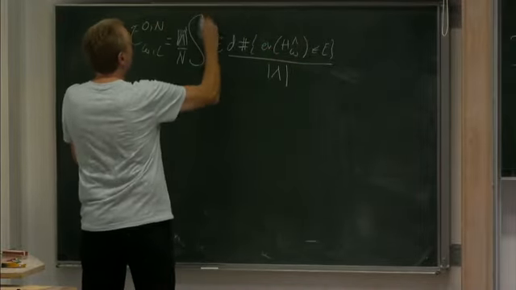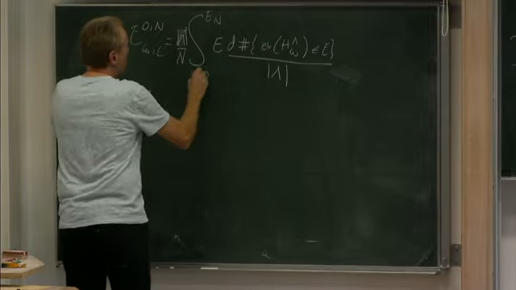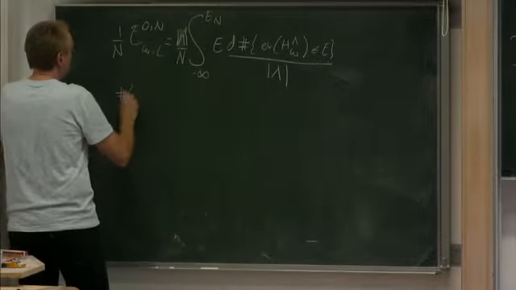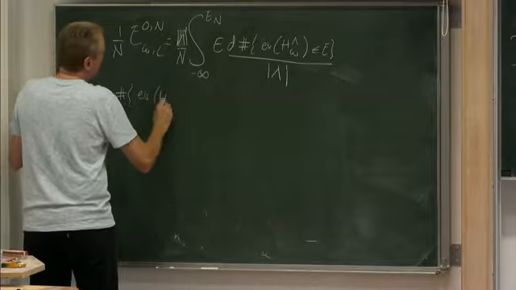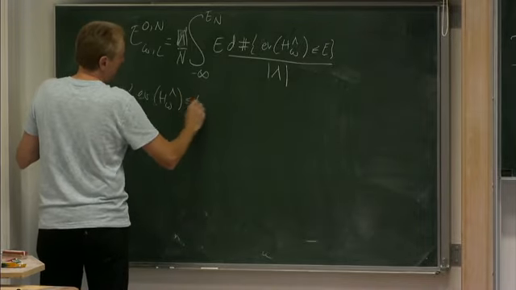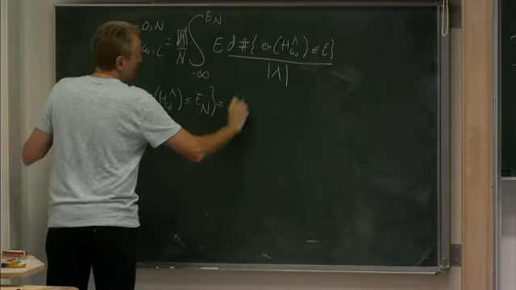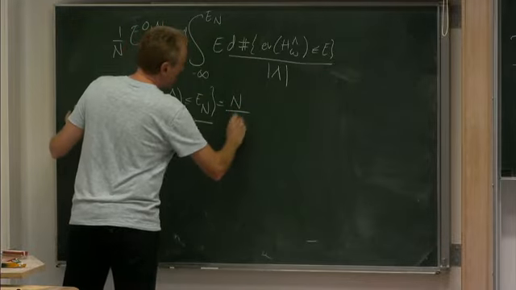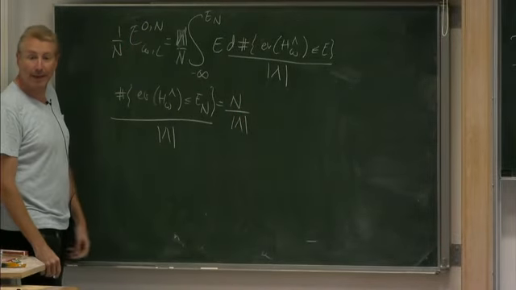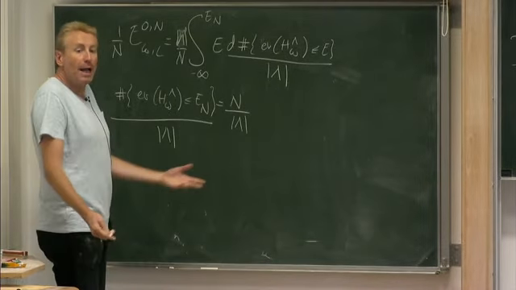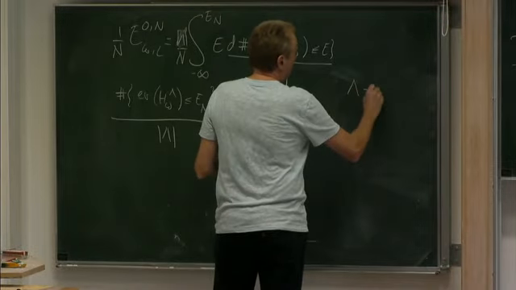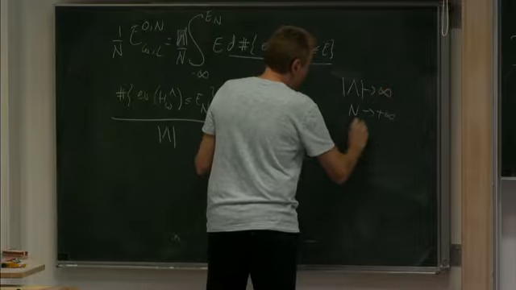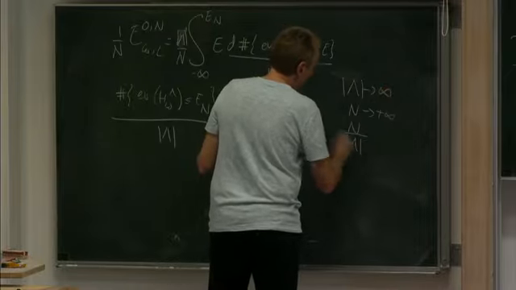Oh, sorry, I forgot to say. We go from minus infinity to En. But how is En defined? En is defined so that the number of eigenvalues of h omega lambda less than En is n. So if you divide by lambda, you get n over lambda. And now, if you let lambda go to infinity and n go to infinity in the thermodynamic limit, such that n divided by lambda goes to rho,